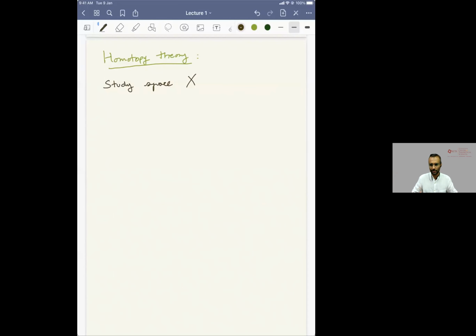So what is it that homotopy theory studies? Homotopy theory thinks of a space as some kind of an object where you can talk about some basic entities, call them points, if you like. And it's interested in the question of joining points by paths, right? So you're interested in the notion of a path between points. So let me just write that down. You can study a space X as a setting where you have "points", paths between points,